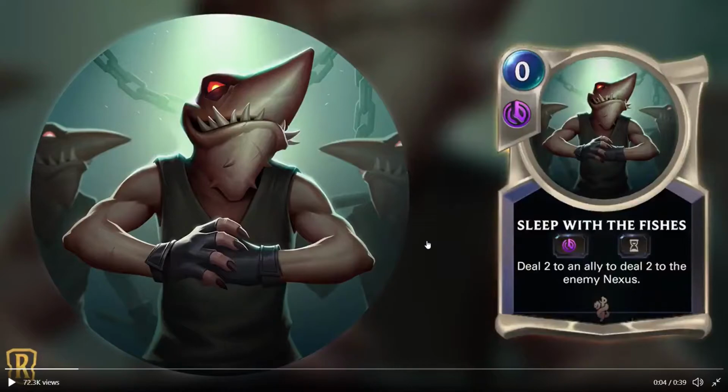I'm not crazy about this. I don't think Sleep with the Fishes is all that great. Maybe it can be used in some sort of aggro concept, and it does have some hilarious synergy with Swain, though I don't think you would want to run... Well, you might want to run Bilgewater with Swain. In fact, that could be pretty interesting. Maybe you'll run this with Swain. That could be interesting. Get some beefier units to easily level up Swain, and then have